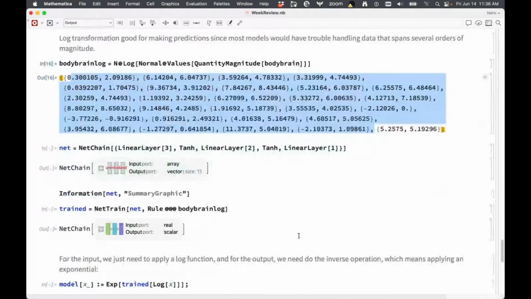And now we can train a neural net. We have a really simple neural network here. Neural networks are really just a collection of very basic computational operations, really multiplication and addition. So we are going to create a NetChain, starting with a linear layer that really just does the linear operation,